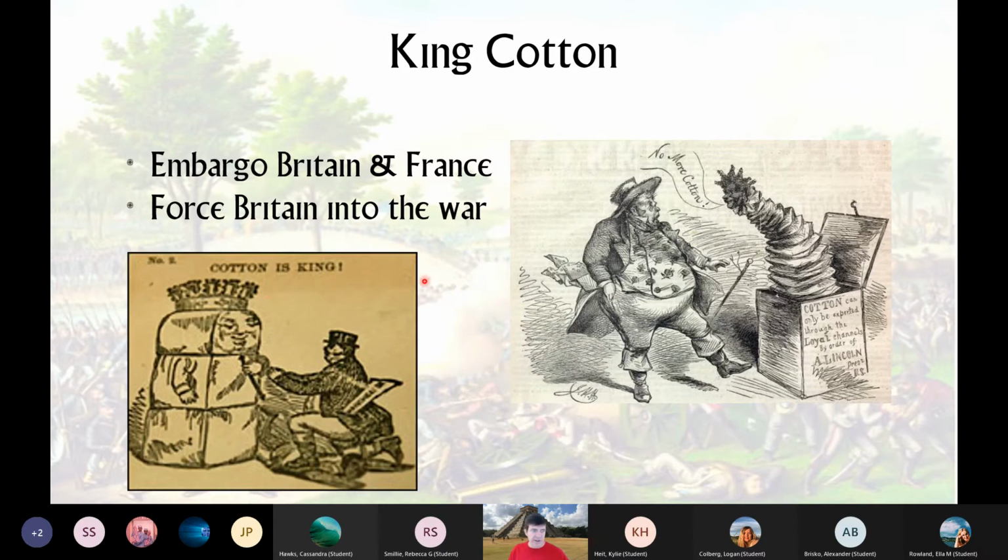And this cartoon shows it. The thought was right here. Britain, even though they're the country opposed to slavery, needed cotton so much for their textile mills, they would join the war, and with their powerful fleet, the South could win. And here is showing, this is actually because of the British blockade, but no more cotton for Britain. This is Britain. And this horrifically racist cartoon, remember those pictures of the awful Cuffies and Sambos, and showing no more slaves, states can't send you any more cotton. But that's what they're hoping.